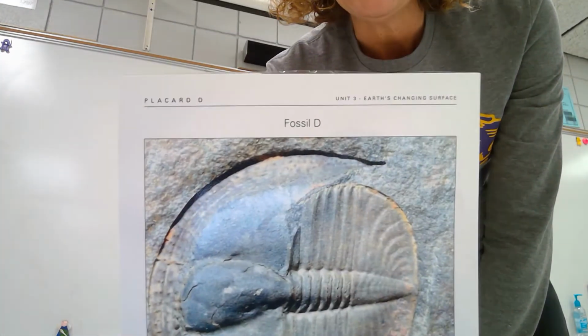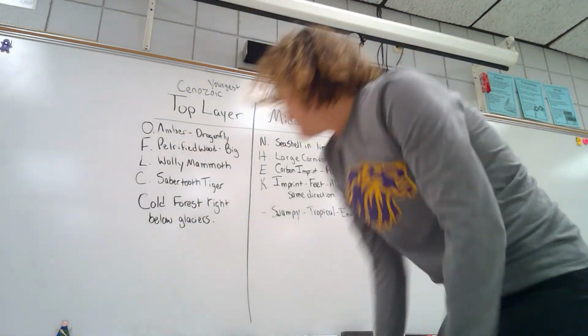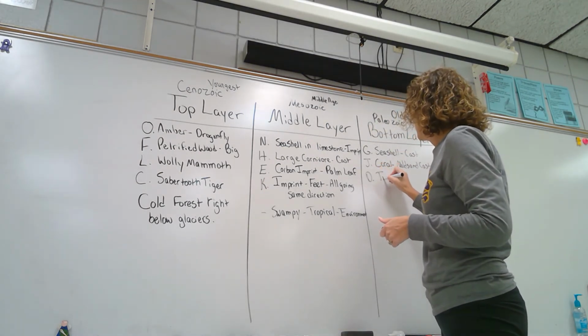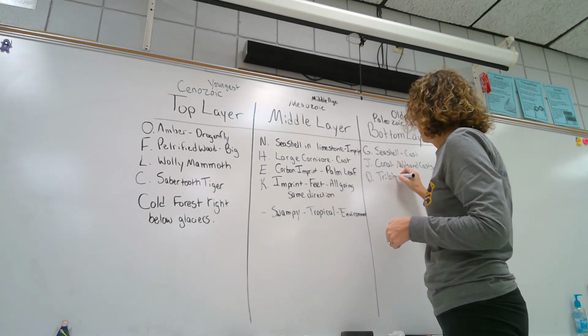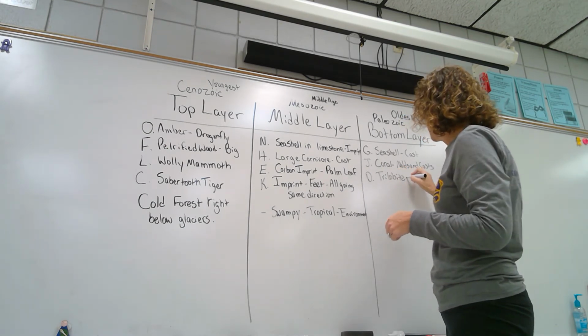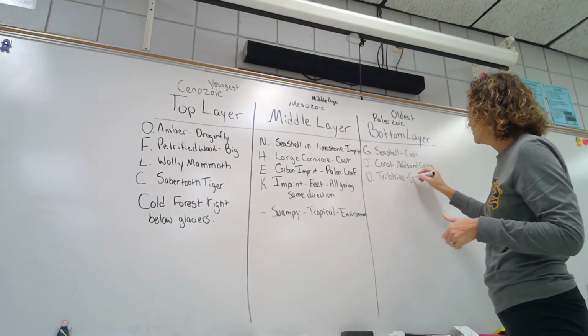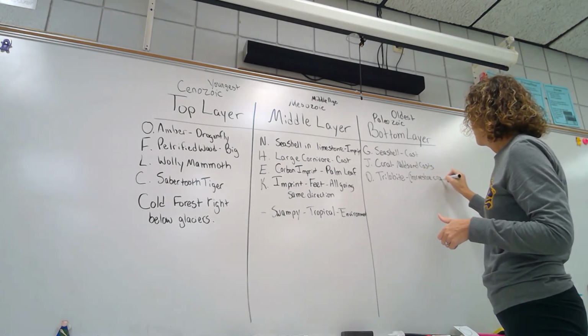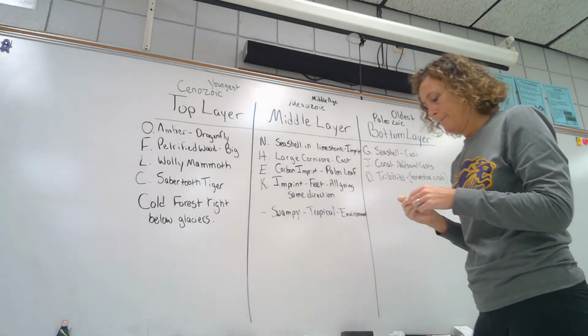So this is fossil D. So it's right here in this bottom layer. Fossil D is a trilobite, which is a lot like, what did we say, the horseshoe crab. Okay,